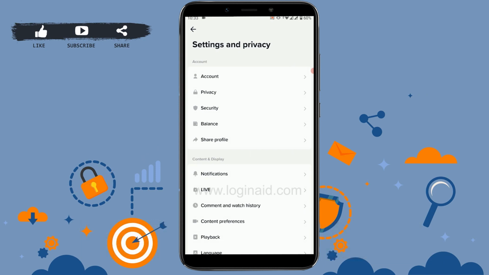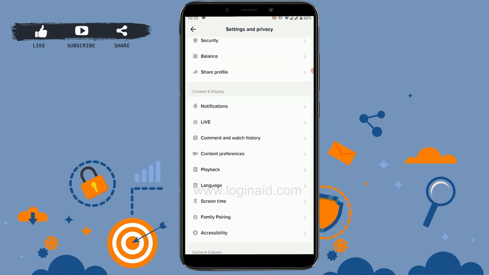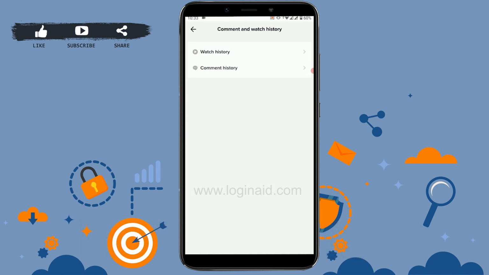Once you're at the settings and privacy page, you scroll down to the content and display, and there you need to tap on comment and watch history. Tap that. Then two options will appear, so you have to click on the comment history. Tap on comment history and you will be able to see all your comments that you have posted on someone's